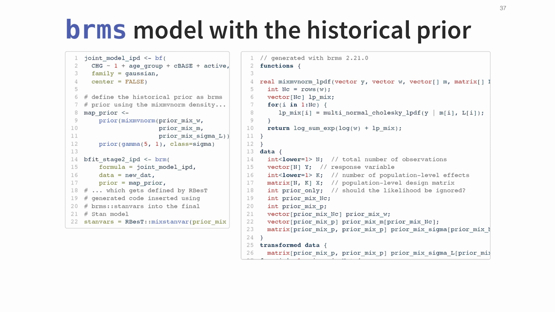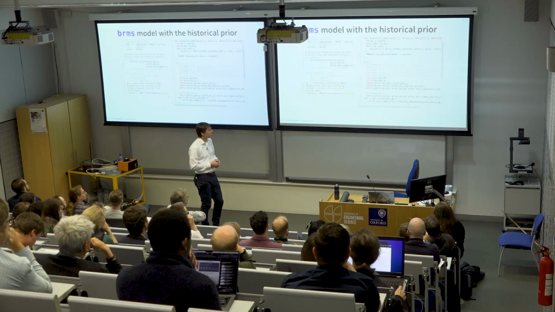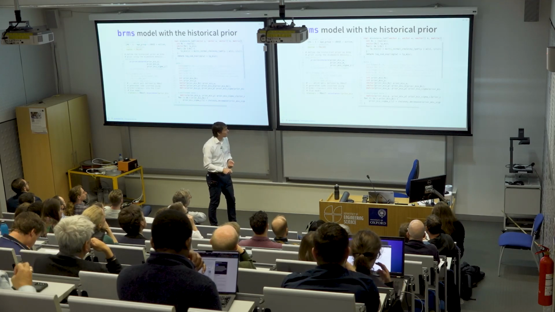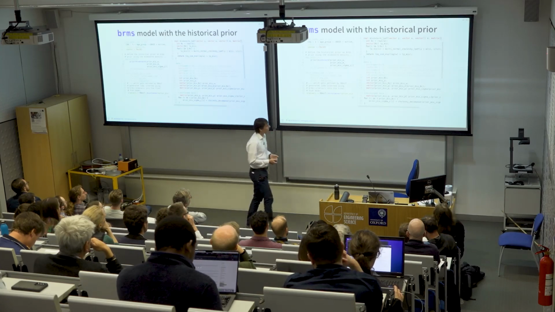And then I give it as a prior this mix MV norm density with this syntax here. This is a density which is not defined in Stan, not defined in BRMS, but which RBest will define for you by using this mix stanvar link between BRMS and RBest, which then defines in the Stan code the respective density, which is just a straightforward implementation of a multivariate normal mixture in Cholesky parametrization. It would also add these additional data points which are needed in order to define the density.